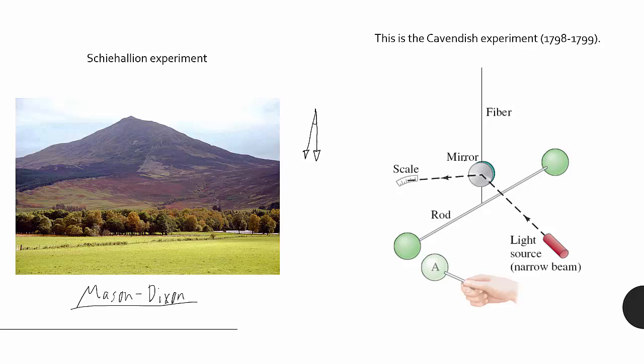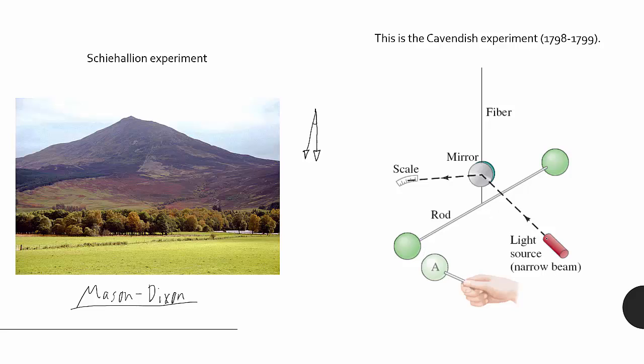That's right. It was actually, they were successful in measuring this. I think they did in the 1770s, I believe. Anyway, they were successful at measuring the gravitational constant in a laboratory with very small masses. This is the famous Cavendish experiment. And they had some masses on a rod hung by a really thin fiber, and then they held another mass up to it, and that caused this other mass to rotate ever so slightly.